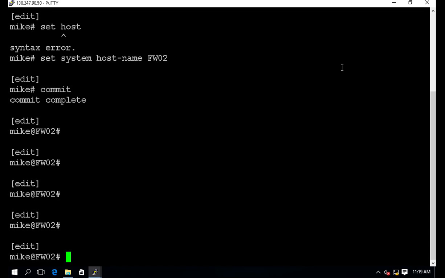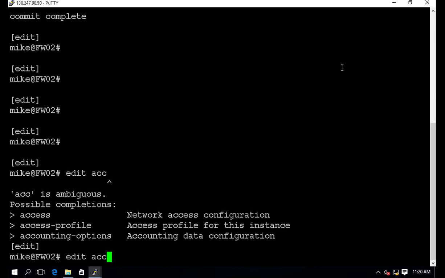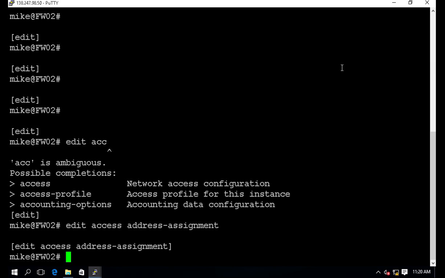So on Firewall 02, we're going to work on the remote user authentication and address assignment piece. And the first thing I'm going to do is add an address assignment pool. What this is going to allow us to do is, when we VPN into that second firewall, set up the network that this client should be dropped into. So I'm going to go into Edit Access, Address Assignment,